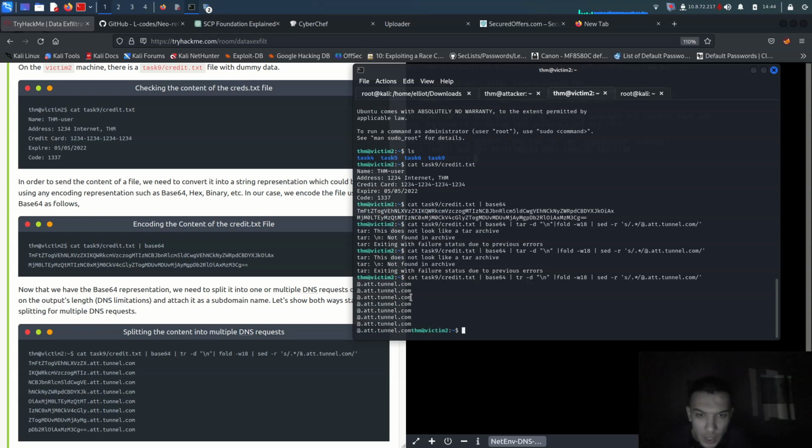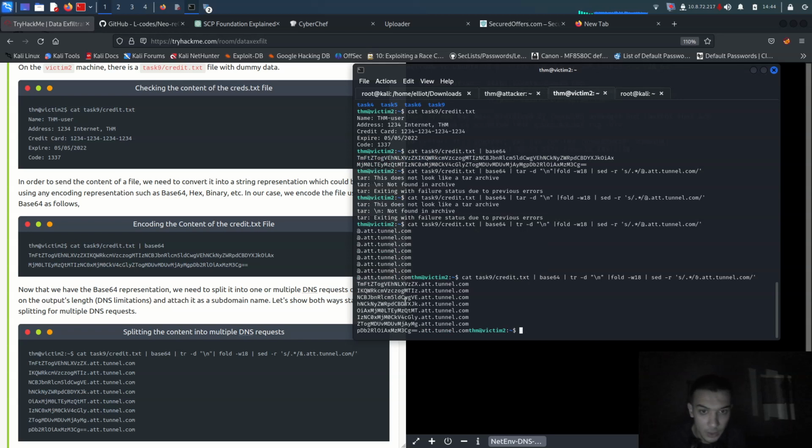So we have to use tr -d here. It's giving us the encoded file, writable and non-writable and non-readable here. Now we have to add this on my attack box and just delete it,